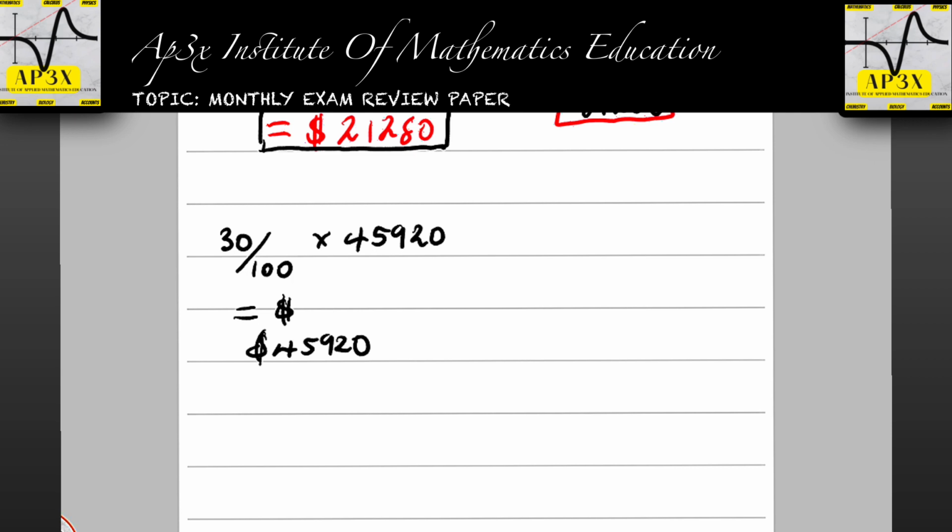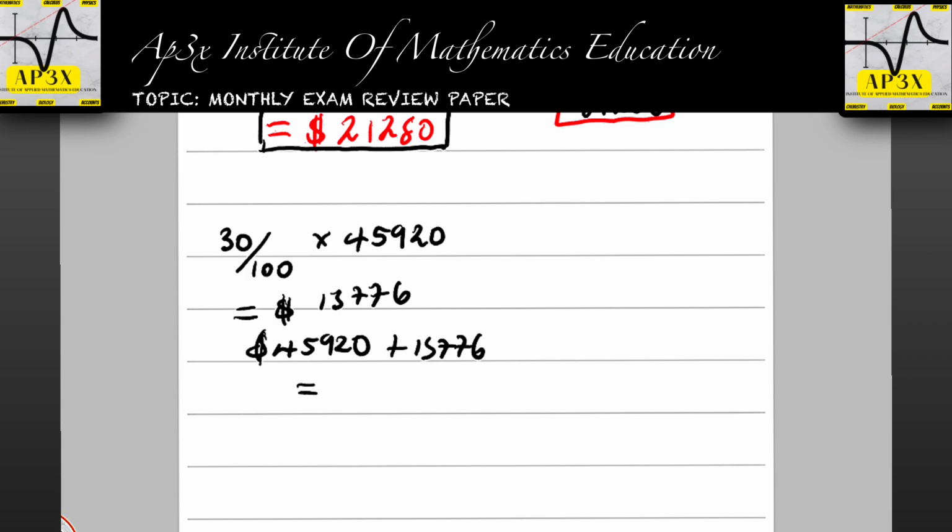And that gives 13,776. Therefore, when we add that 13,776 after selling this dining room suite to someone else, the answer there would have been 45,920